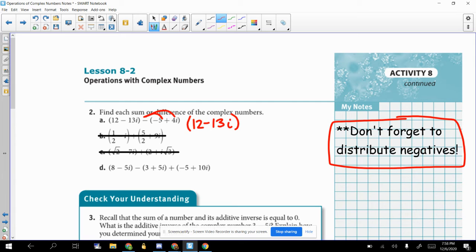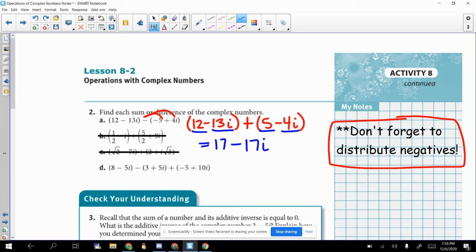So the minus times negative 5 is going to be a positive 5. And the minus times 4i is going to be negative 4i. And then because we've distributed that, now we are adding in the middle. So now it's just like a problem we did on the last page. So 12 plus 5 is 17. And negative 13i plus negative 4i is negative 17i. So you get 17